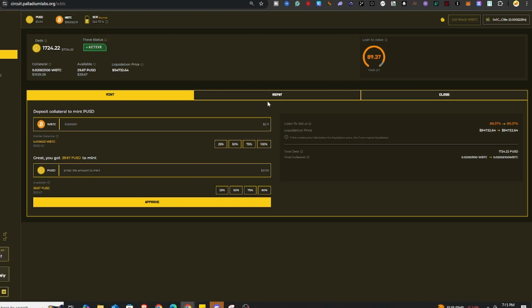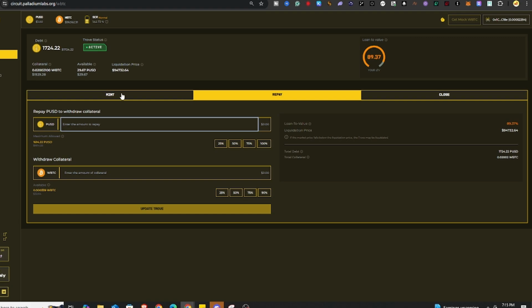Additionally, you can go to 50% WBTC and 50% PUSDT so that we can transact. If you borrow, you can also repay it. For example, the maximum allowed in my account is 1,614 PUSDT. So I always go to 50%.